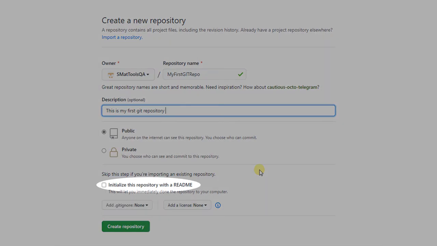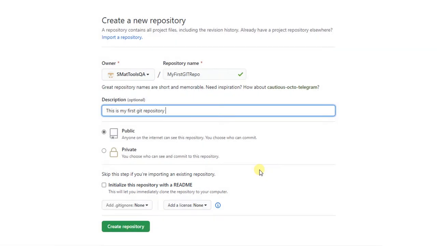Now the next step is telling GitHub whether we want to initialize this repository with a README file or not. Now many of us won't know what a README file is. So a README file is a file which contains information about all the files and folders within our repository. In short, it is a documentation of our project. For this demo, we'll choose not to have the README file. But I would recommend having a README file for every project, as it helps the new users of the project to better understand the project structure before starting to contribute.